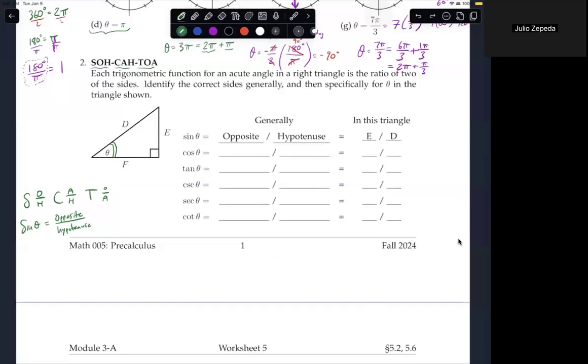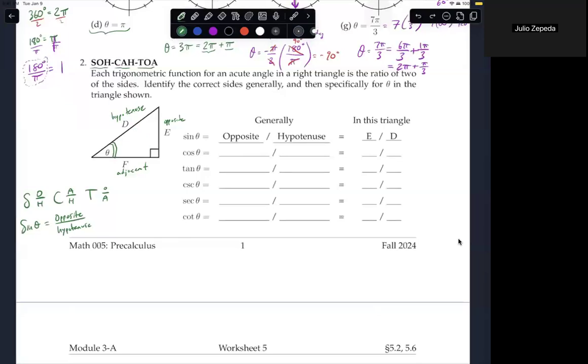So if we label these sides here, with respect to the angle theta, the side length E is opposite. D is the hypotenuse, and F is what we call the adjacent. Adjacent just means to the side of, or beside. And notice that the side length F is right beside the angle theta. E is opposite, and since side length D is opposite the 90-degree angle where this little box occurs,